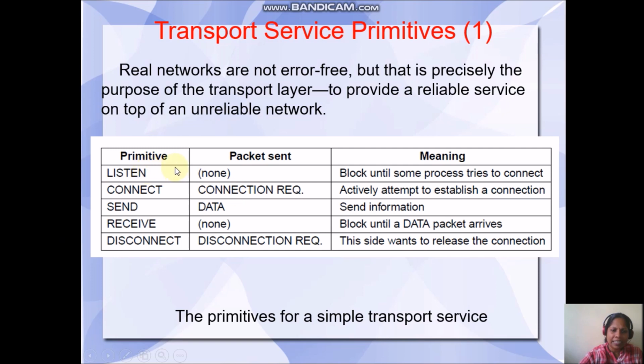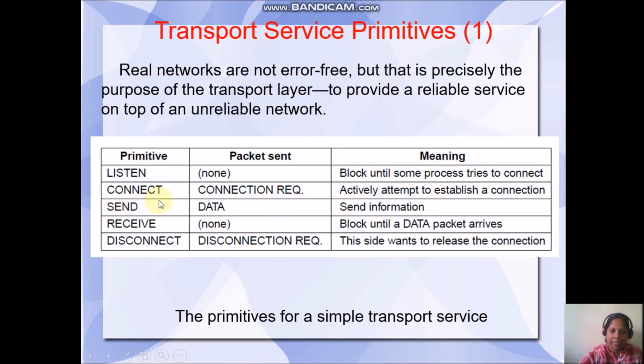So during listen, no packet is sent between client and server, so it is written none here. And the process on the server side blocks until some client process tries to connect to the server. Then connect. It is a request from the client side to the server, for attempting to establish a connection.